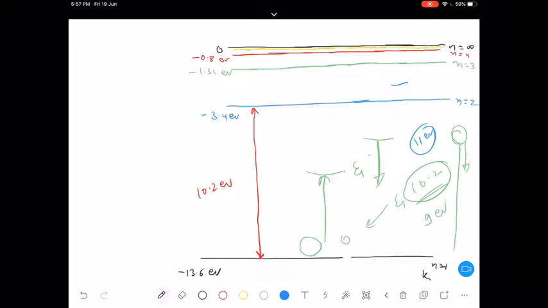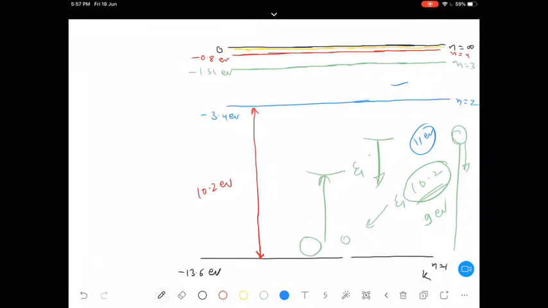So after reaching here, either it can gain further energy. How it will gain energy, how it will lose energy, that also I will discuss in a very short interval of time. After reaching this position, either it can gain some energy to reach n equals 3, or it can again fall down to a stationary orbit, either n equals 2 or n equals 1 once again.